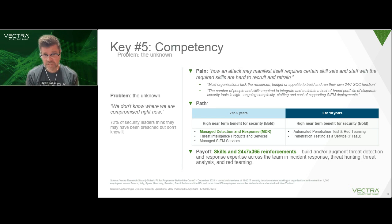So the payoff: I need skills, and I also need reinforcements, the ability to operate 24/7, 365. So when we think about better threat detection and response, AKA XDR, do I also have the ability to build and/or augment my SOC, right? Building expertise with my existing analysts, adding expertise in incident response, threat hunting, threat analysis, red teaming, you name it. The right MDR can help address the skills challenge and, at the end of the day, the question of are we competent? Do we have what it takes to be successful in deploying, implementing, operating, and managing our XDR strategy, aka better threat detection and response? Which brings us to the fourth,